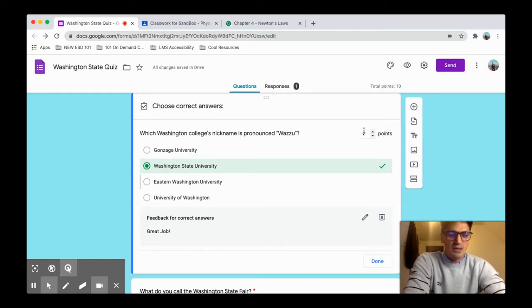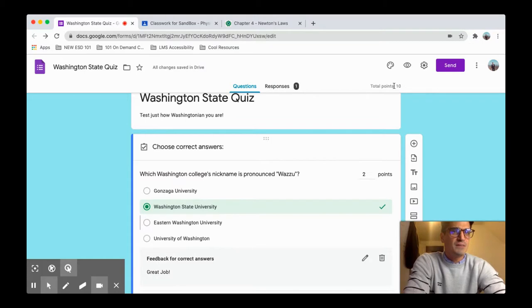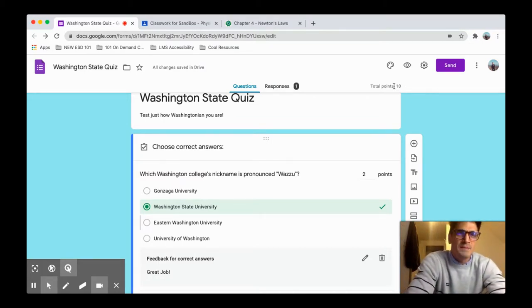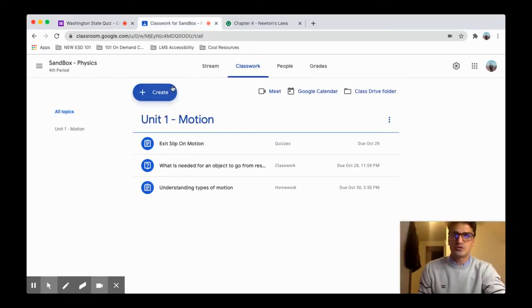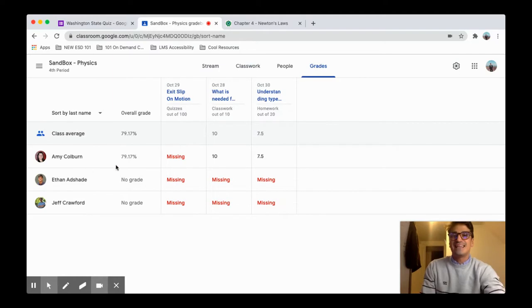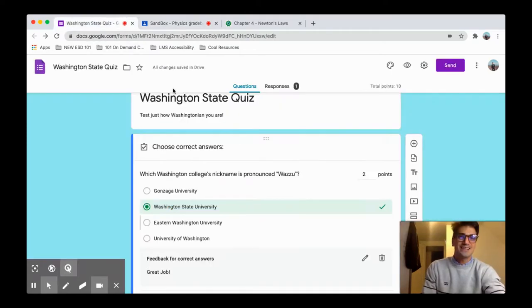Here I can also set my points. Now, points are important because I see I have a total of 10 points. Well, I have 5 questions here, so I made each question worth 2 points, right? Now, if you have a different number of points set out in a Google Form and you have created this through a classroom, so like if I'm in my Google Classroom, I can create a quiz and have it automatically graded, and it goes into my grade book. Whatever I set the assignment score as, that's going to be the score that gets zapped into the grade book.